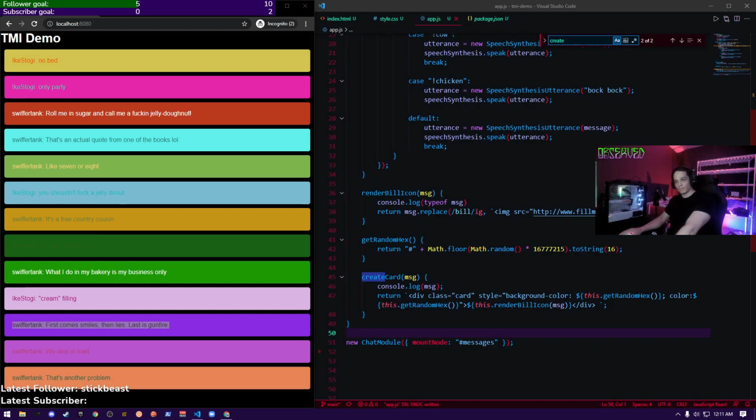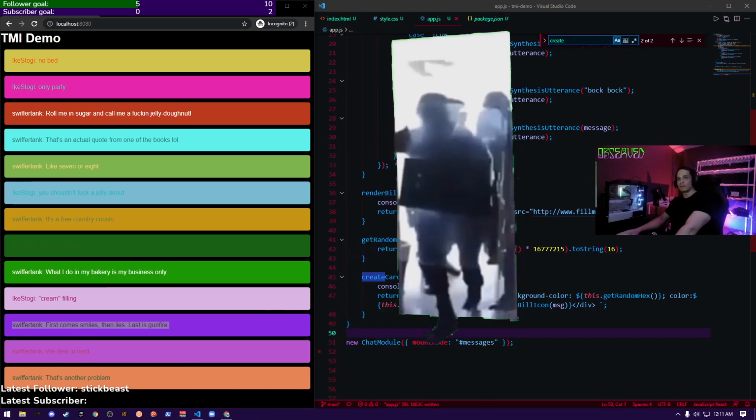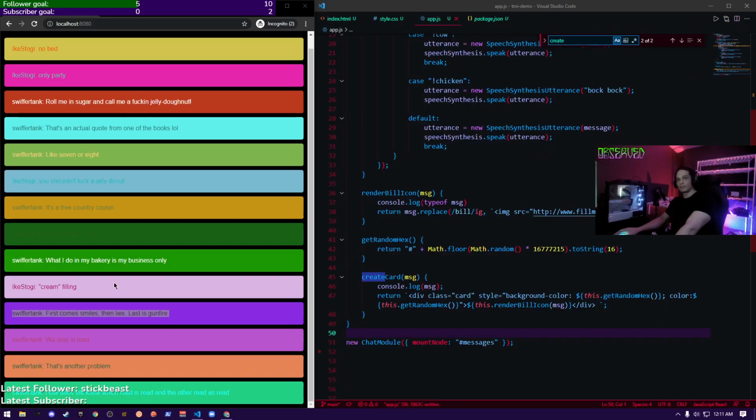So a raid event, right? How does TMI know which red is red and the other read is red? Wait, what? Whoa, is it working? Pretty damn close.